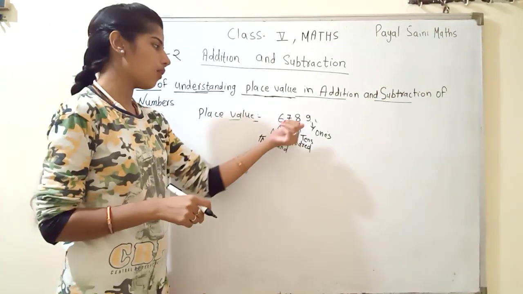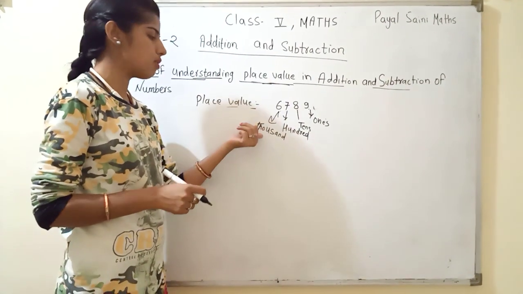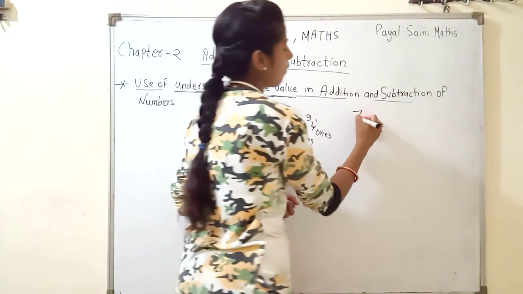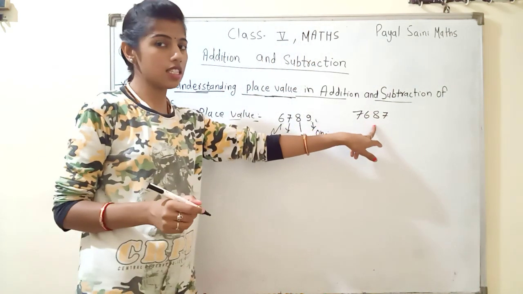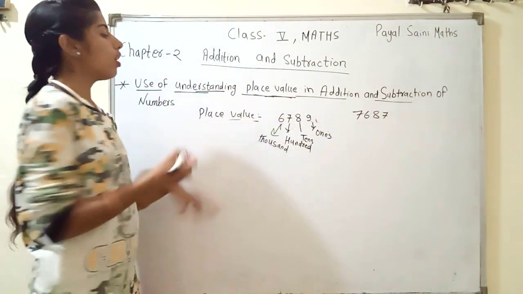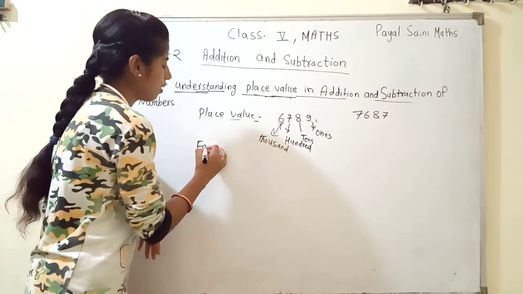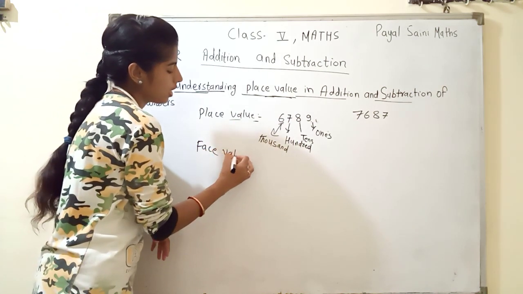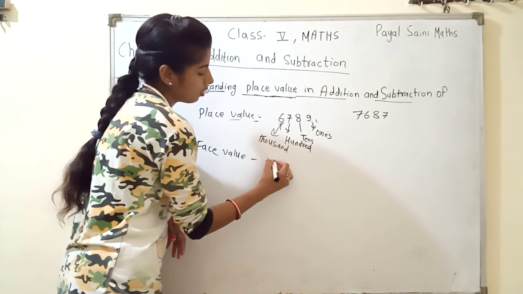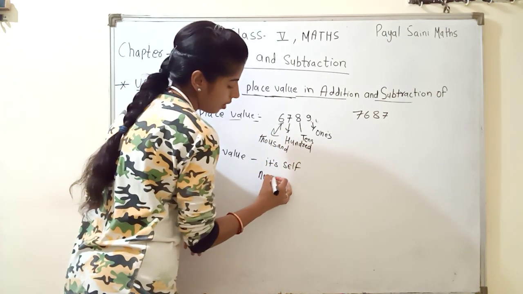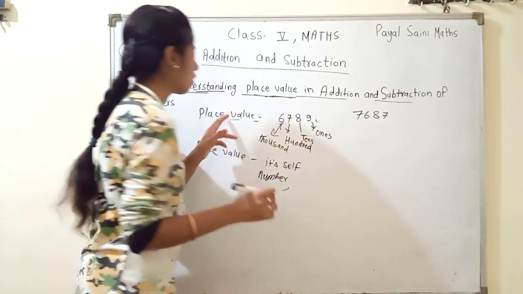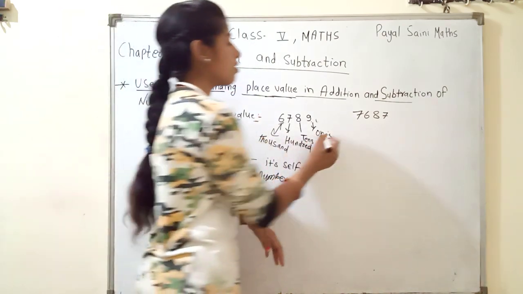And we know that in different numbers, the place value of digits changes. If in this number the 6 has place value 1000, and I write 7, 6, 8, 7, then the place value of 6 has changed. But face value, we know, is always the same. Face value means the number itself. And what is the meaning of place value? Place value means